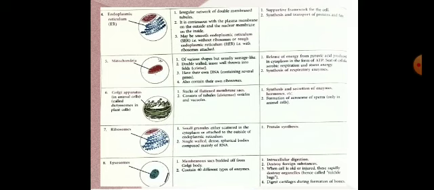Now lysosome. Lysosome is also known as suicidal bag, or intracellular digestion. It destroys foreign substances, and sometimes when the cell becomes old or injured, it rapidly destroys itself also. That's why it is called suicidal bag. It digests cartilages during formation of bones. It is made up of a membranous sac, and it contains 40 different types of enzymes.